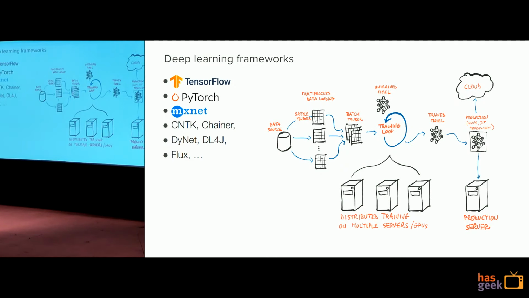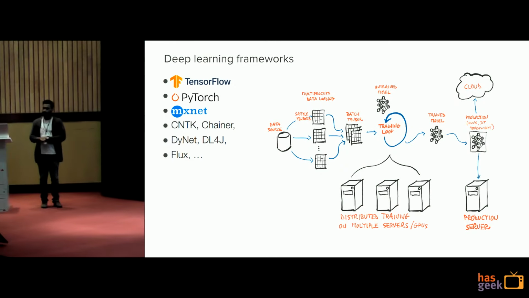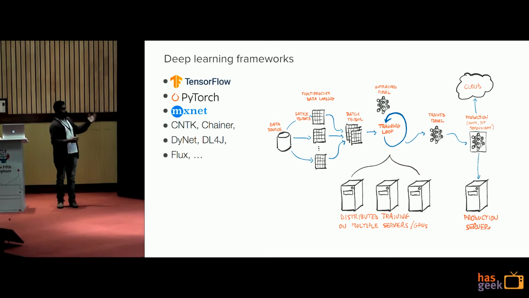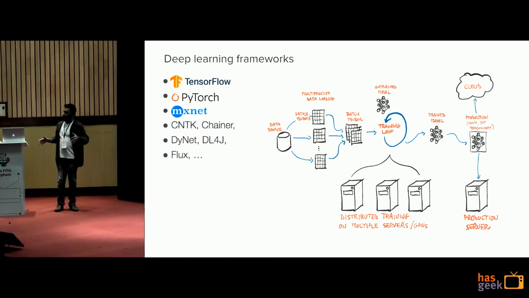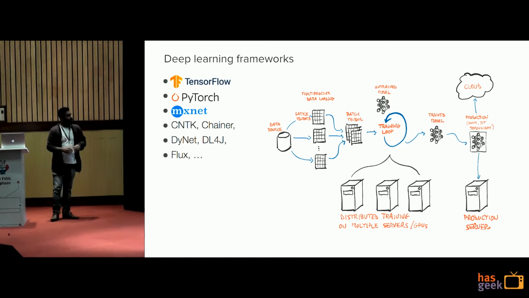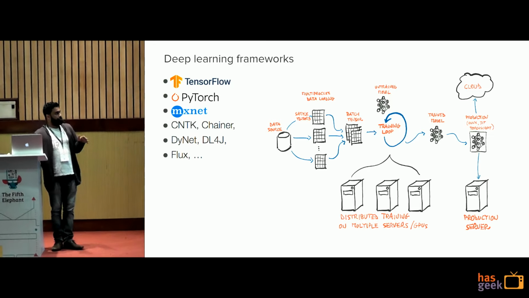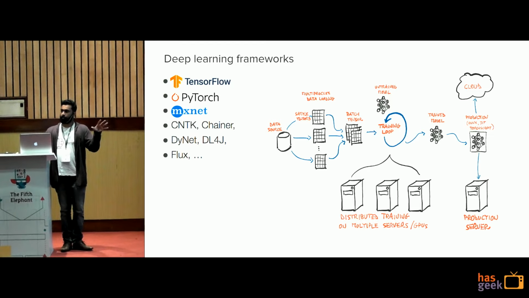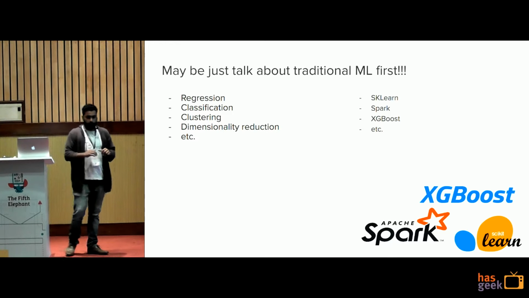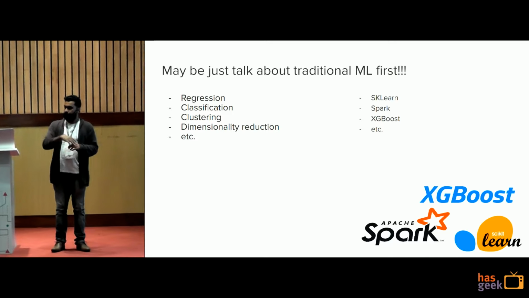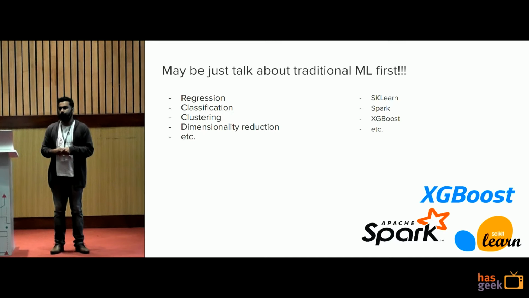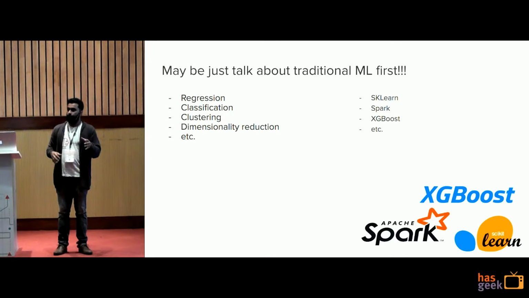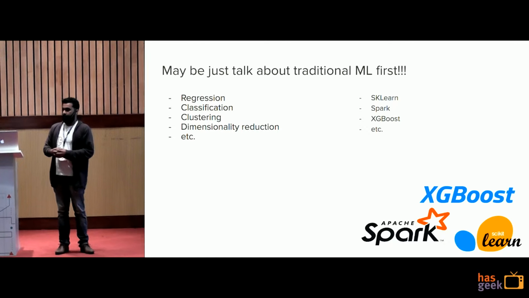We have deep learning frameworks, which are well built. There are a couple of them, all of them have their plus points, and a lot of big names in the industry are already using them. As I said, this is a mature part of the data-defined software era. And maybe we'll just stop right there and go back to the traditional machine learning world. Even then, we have a really mature ecosystem of tools, frameworks, and really good algorithms that we could use for the data set that you have.